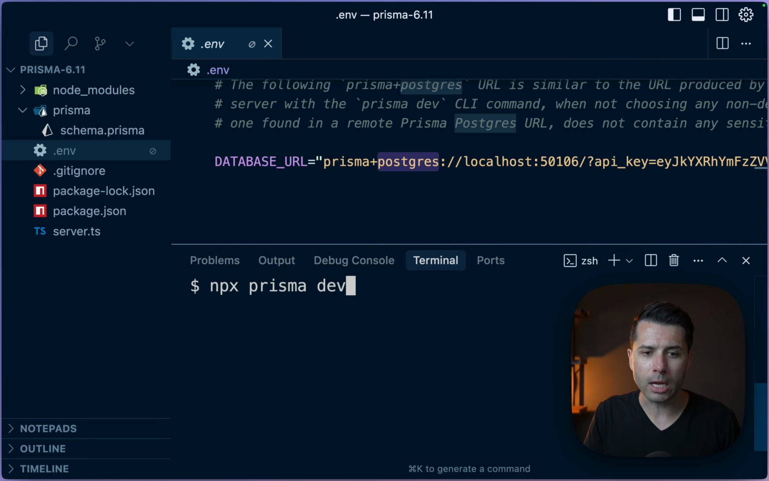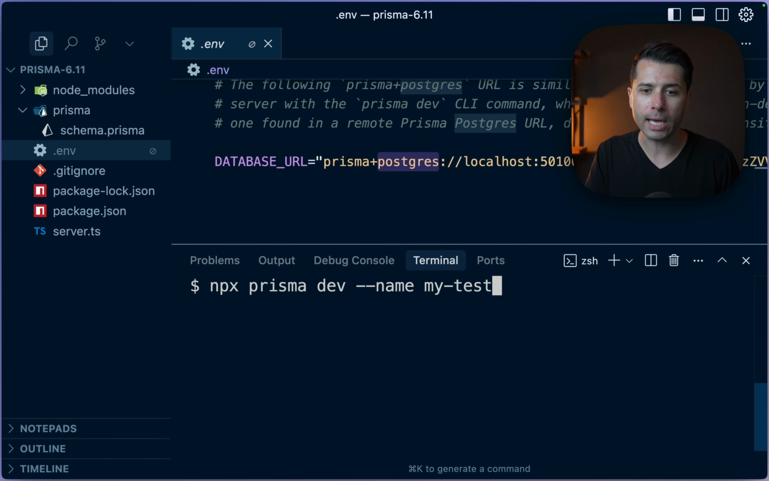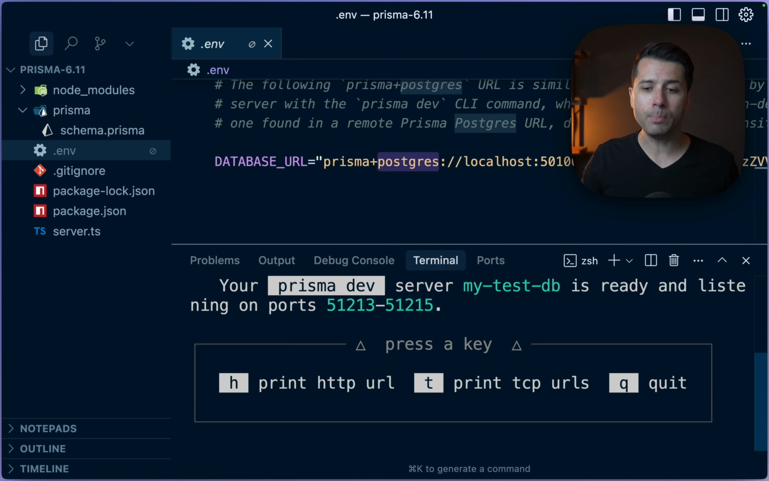But let's take a look at another thing we can do, which is we can do npx prisma dev --name and then give a name to another database that we might want to use locally. So mytestdb, for example. So mytestdb wires up. That is a separate Prisma Postgres database from the default one that gets wired up if we just do npx